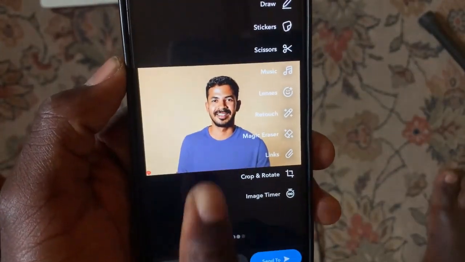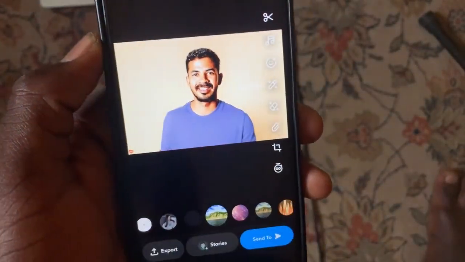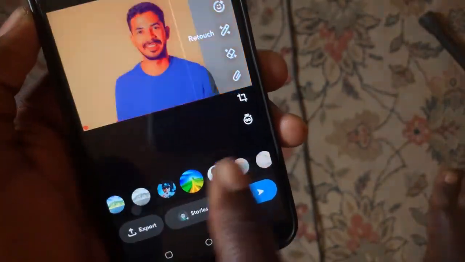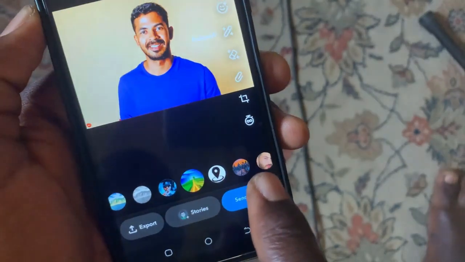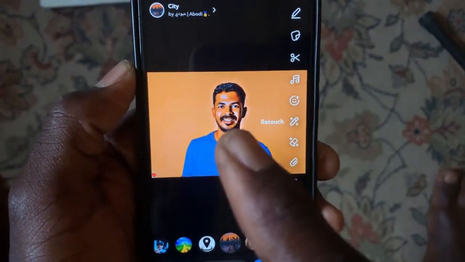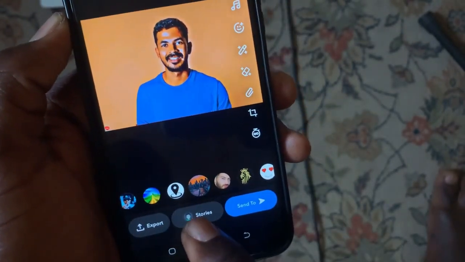So now swipe your hand like this. So now as you can see, here is the filter section. Go and select the filter you want to add. So after you select the filter you want to add to your photo, now if you want to add the